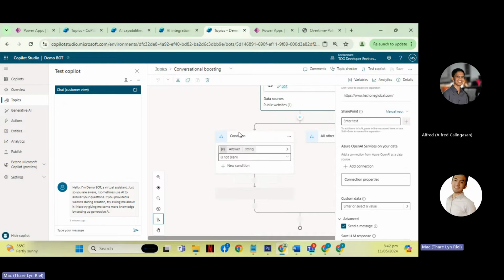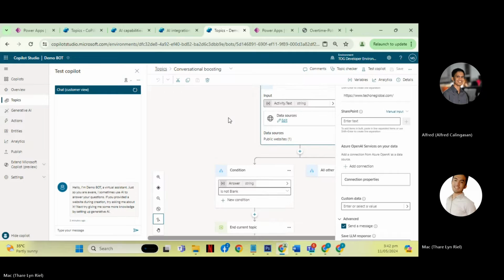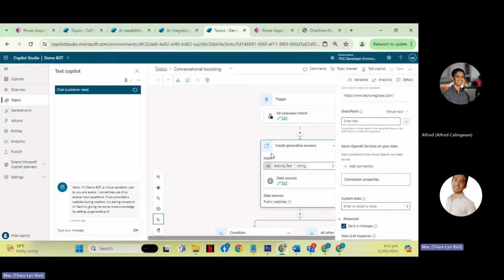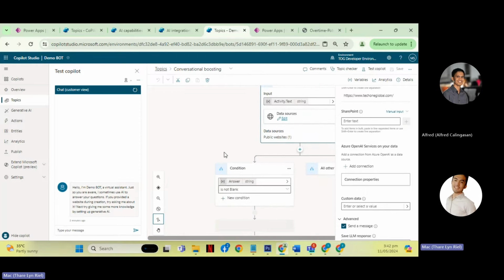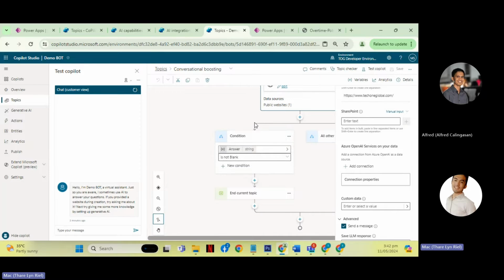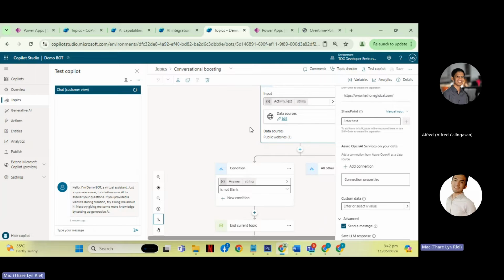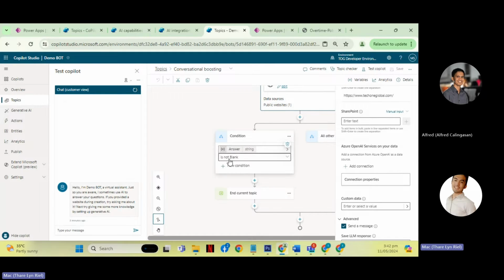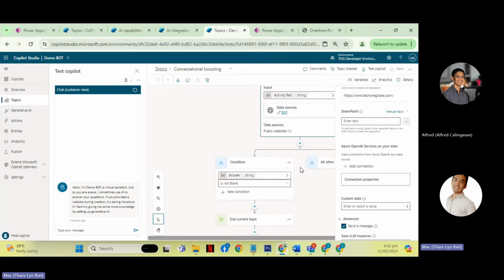Okay, so after this action runs, it will check if the generative AI found an answer. So it will respond to the user and then end the current topic.